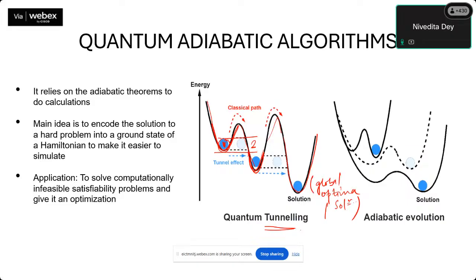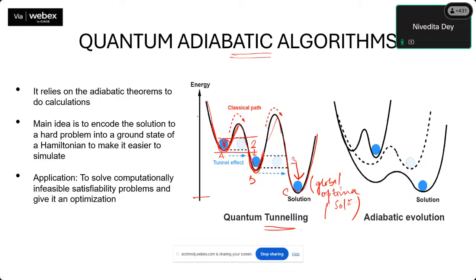Now whenever you can go from here to here, that means you will fall down, say A, B, C. So you will fall down at B because you have to settle down. It's an adiabatic algorithm ultimately. So you will be settling down and you will think that okay, this is the better one. But whenever you think that, you also with certain probability will be here. Whenever you are here, you will again settle down. If there is no such better solution ever existing, so you will ultimately say that whatever is my ground state,